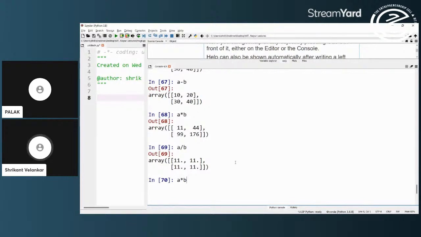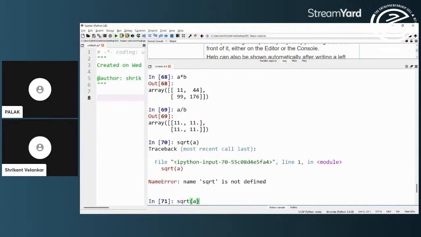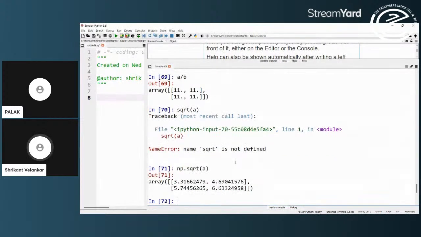You can also compute the square root element by element. So if I do np.sqrt(A), you will see that each one of the numbers has been square rooted from the A matrix.